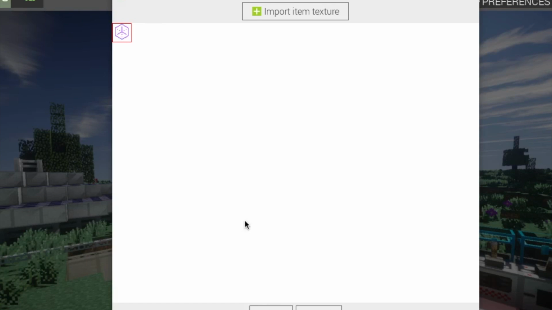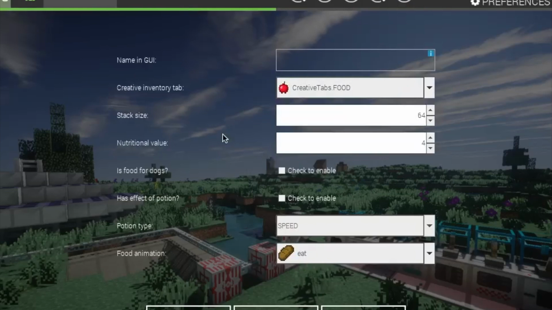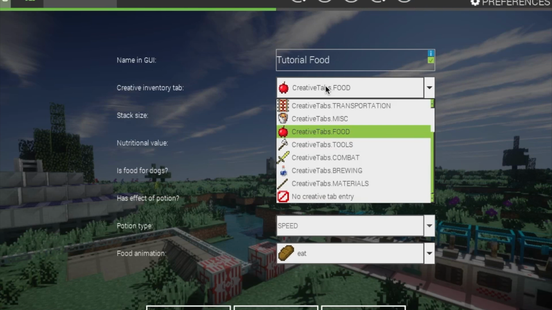The food texture, we can just select the same as before. This I'm just using as a placeholder for any texture that you want. So then you'd hit next. What will be called in your inventory, creative tab, or a chest, or a block's inventory. So, tutorial food, and again you can choose whatever creative tab you want,